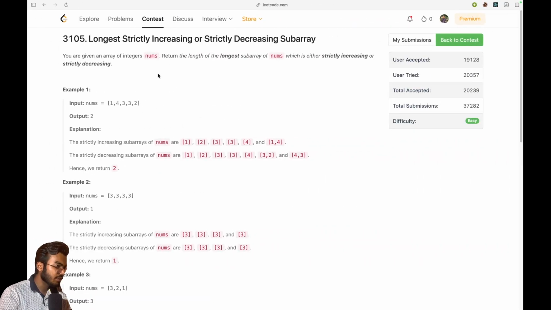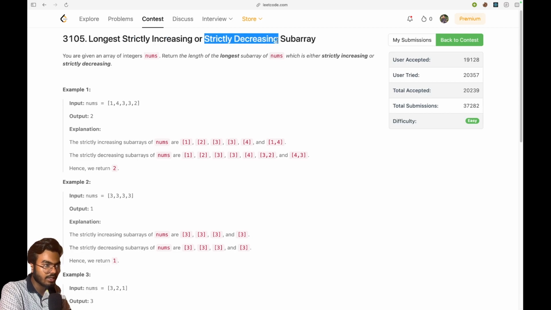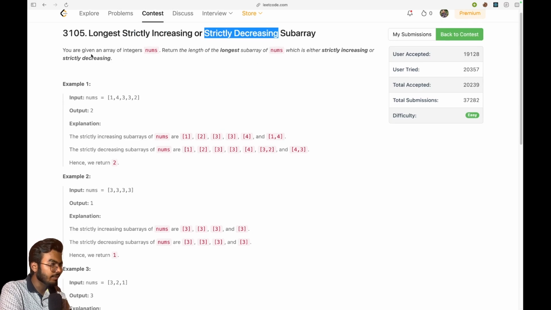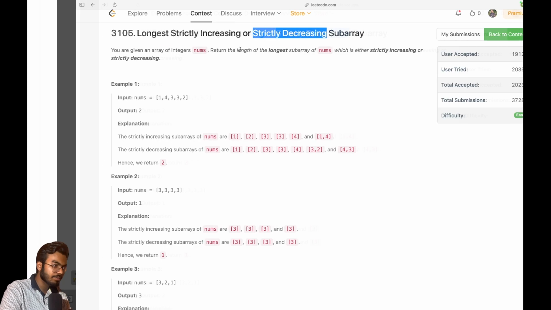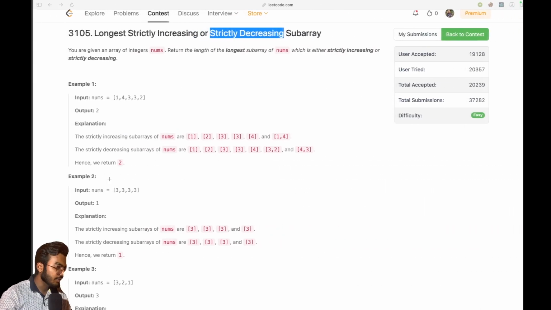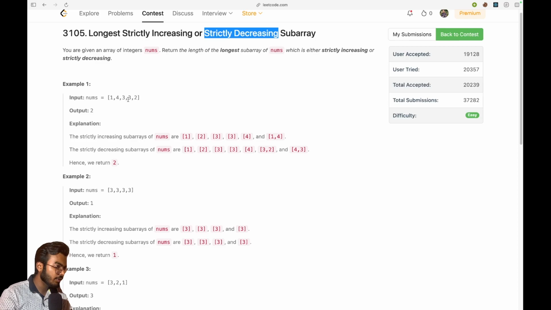Suppose we have these nums. So one thing I can do is first get the length of the longest strictly increasing, and then get the length of the longest strictly decreasing, and then I can just take the max of them, something like that. So for example, if we have 1 4 3 3 2,